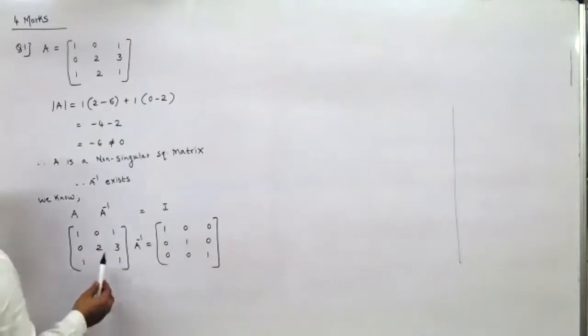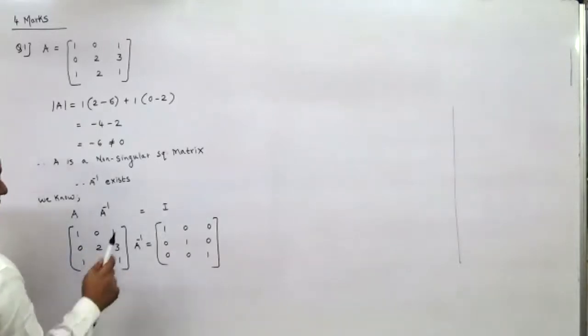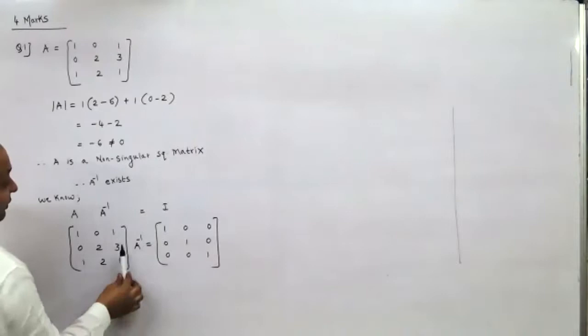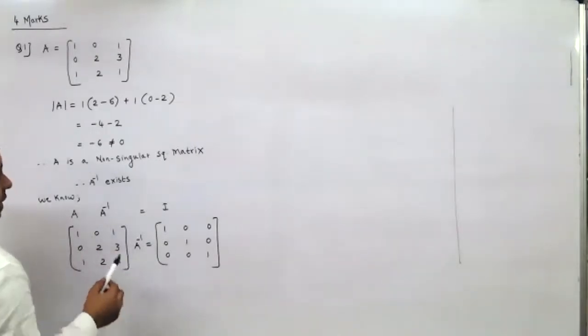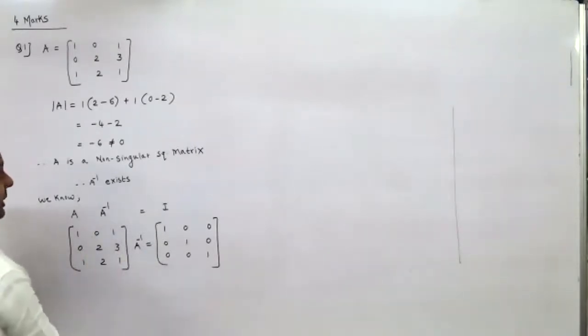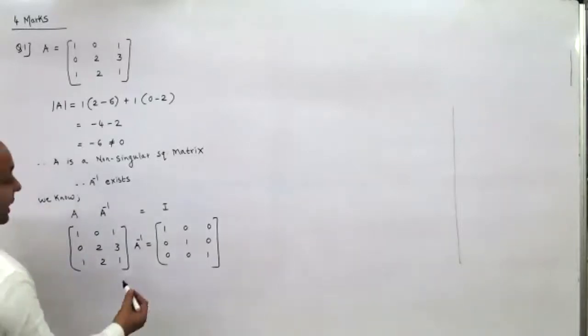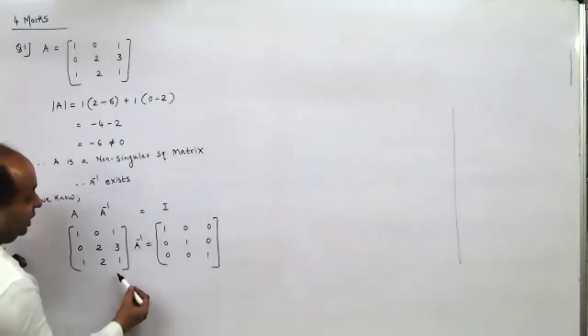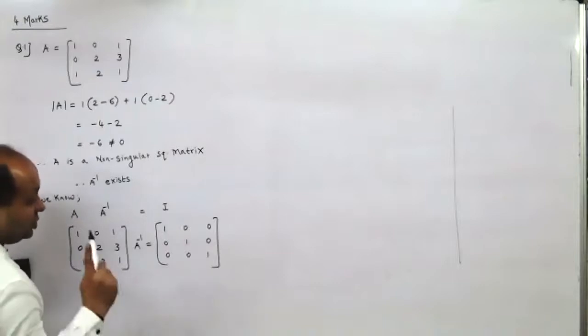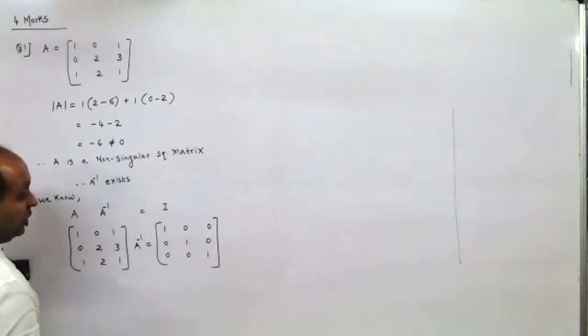Now, I would be using row transformation. We have to use row transformation if the first matrix is to be transformed. We have to use column transformation if the second matrix is to be transformed. Just remember RC, Royal Challenge. First matrix, row transformation. Second matrix, column transformation. So here we have to make the row transformation.